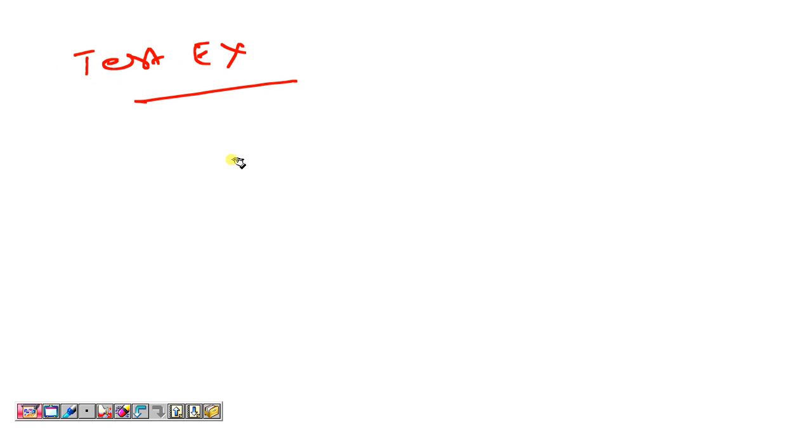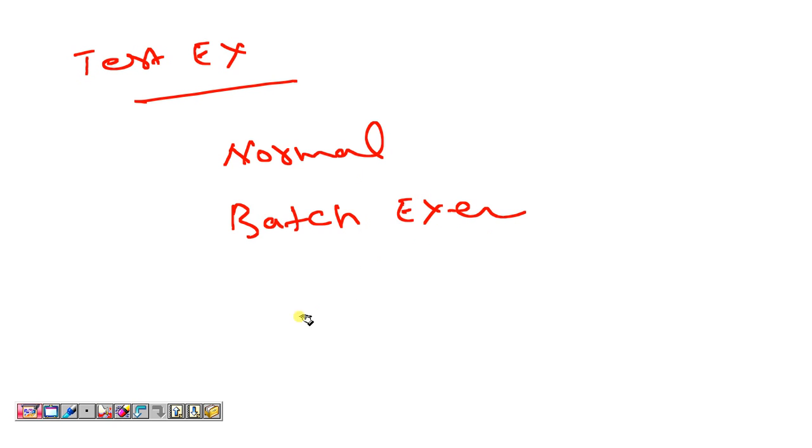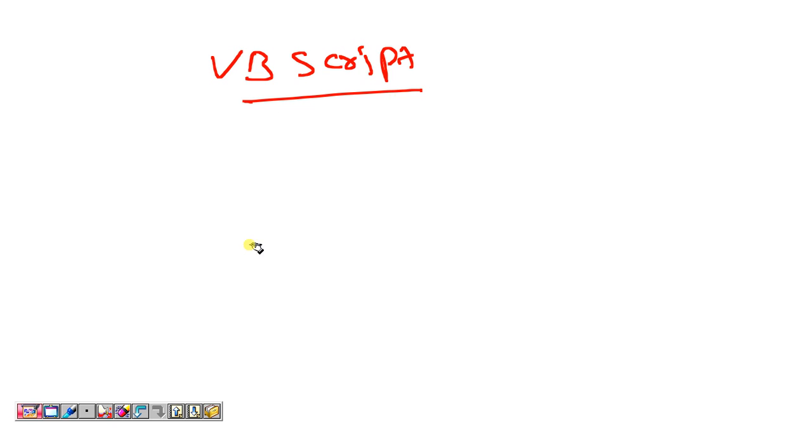In test execution we will go for normal execution, and the second one is batch execution. So we can go for batch execution also, right? Apart from this, we need to go for some concepts that we are calling VB script. Initially we can start with the VB script basics,